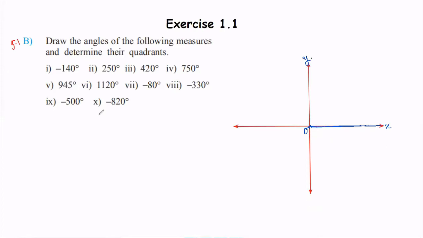So now we will plot minus 820. So for minus 820, the nearest multiple of minus 360 which I get is minus 720. That is two rotations, two clockwise rotational angles. Okay, after two rotations, how much do we need to put in? We will be putting in minus 100. We need to put in 100 more after two rotations.